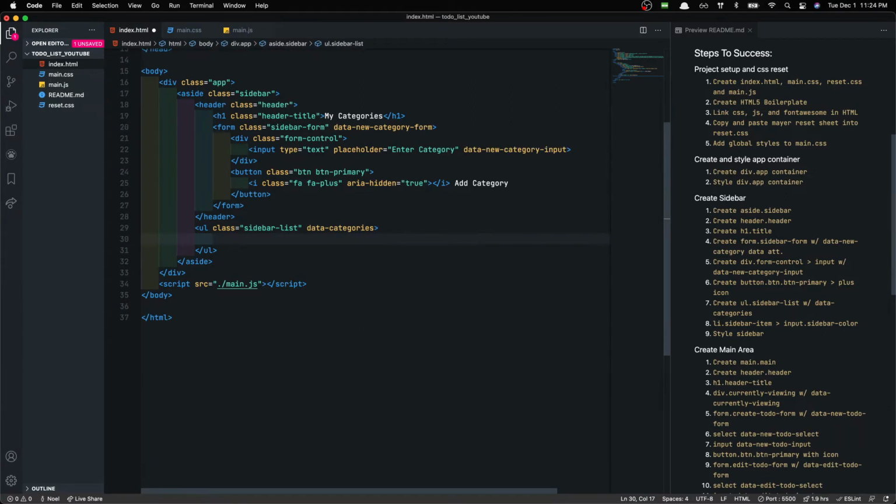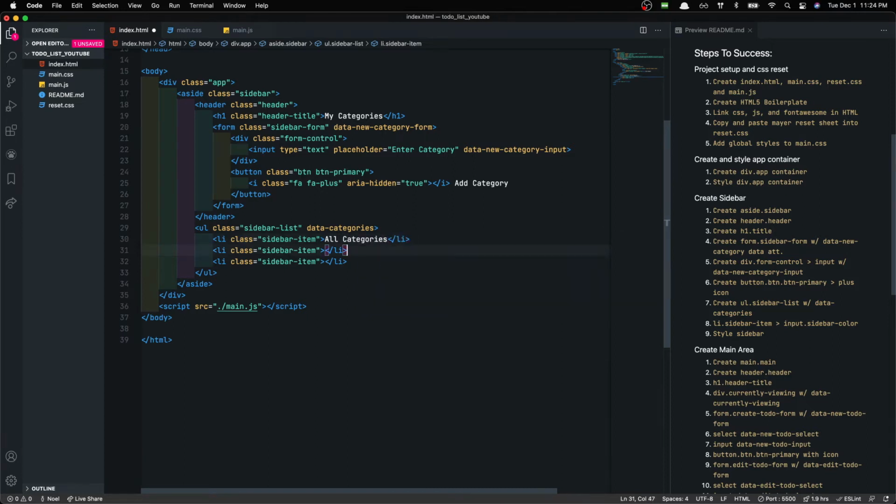Now, each list item is going to have a class of sidebar dash item, and we're going to create 3 of them. This first one is going to be all categories, and the second one is going to be work,